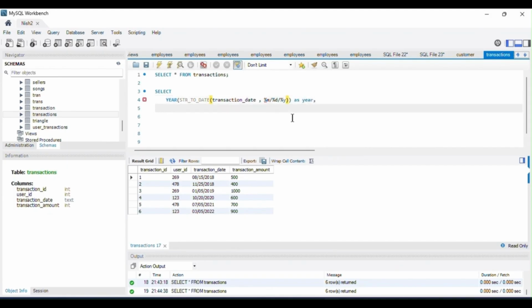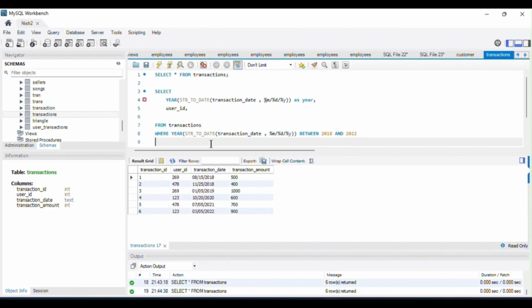That has to be your first column that needs to be extracted. Now the second one is the user ID, and the third one is the average that we are just going to compute after doing everything. So this is from my transactions table. Now where the year that you just extracted has to be between 2018 and